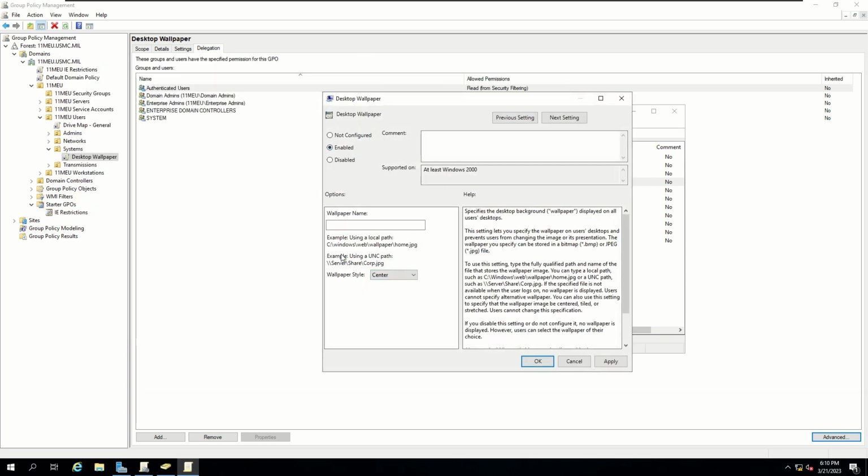Now, under the wallpaper name, you see that I have two options. I can select a local path, like my C drive, or a UNC path, or a network path. Now, we will be using a network path because we are pulling this wallpaper from our share drive. So let's go ahead and type in our share drive path, which is 11mu apps, share, and then I will also add the name of the file I will be using as my wallpaper. And this one is simply wallpaper, and I will also include the extension of that file,